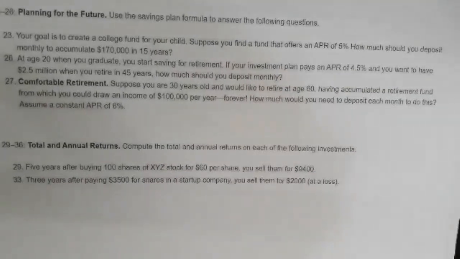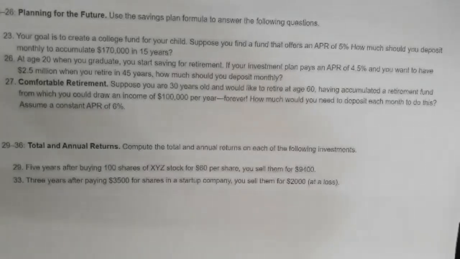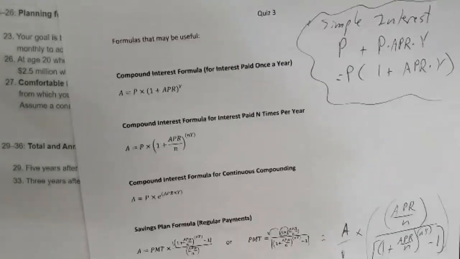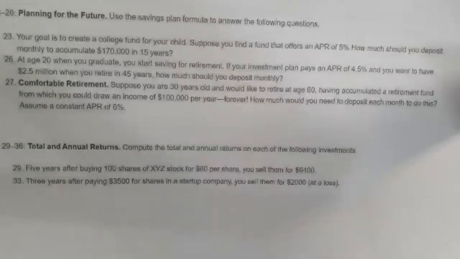Okay, so I got the problems here. 23, your goal is to create a college fund for your child. Suppose that you find a fund that offers APR 5%. How much should you deposit monthly to accumulate 170K in 15 years? And so hopefully you realize you're trying to do a,